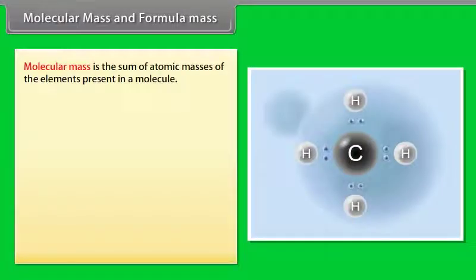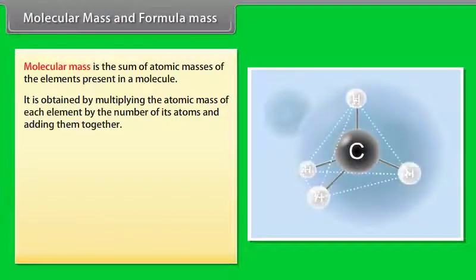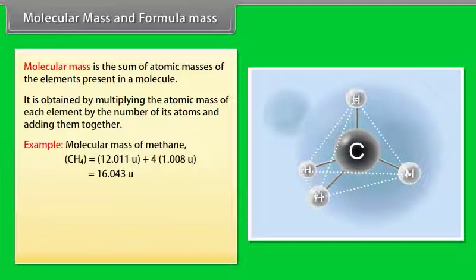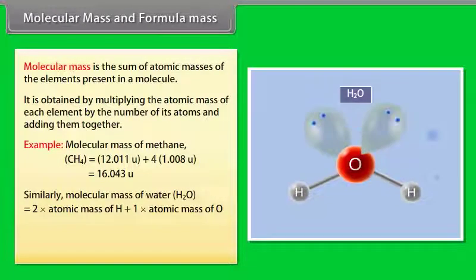Molecular mass and formula mass. Molecular mass is the sum of atomic masses of the elements present in a molecule. It is obtained by multiplying the atomic mass of each element by the number of its atoms and adding them together. Example: molecular mass of methane, CH4, is equal to 12.011 u plus 4 × 1.008 u, which is equal to 16.043 u. Similarly, the molecular mass of water, H2O, is equal to 2 × atomic mass of H plus 1 × atomic mass of O,